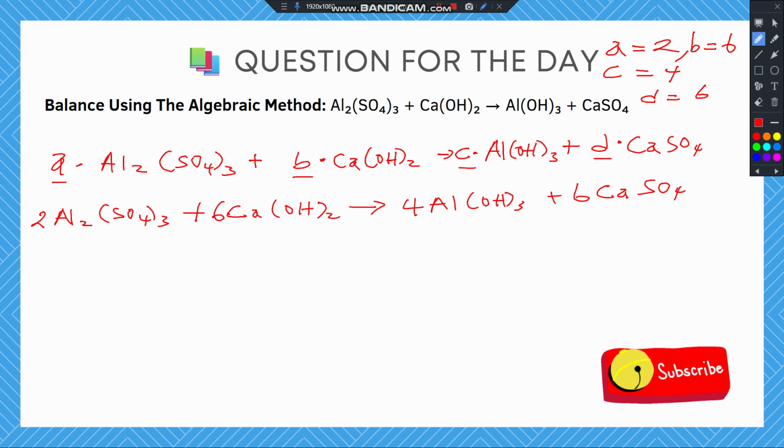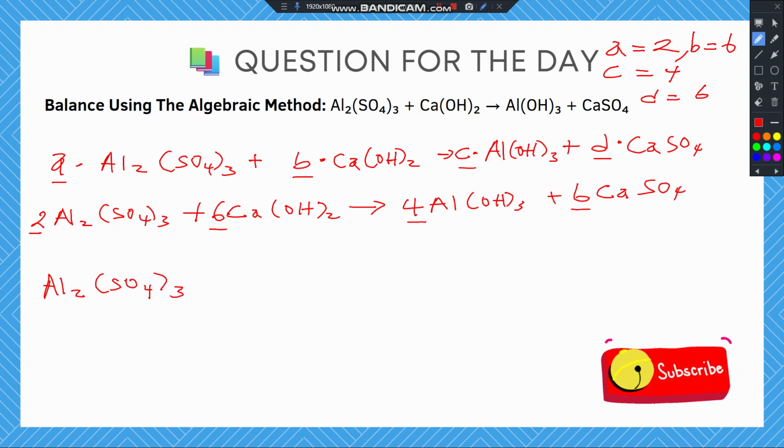But there's something I want you to take note of. All these coefficients are not in the lowest term. What I mean is, there is a number that can divide 2, that can divide 6, that can divide 4, and that can divide 6 as well. And that number is the number 2. So if we divide by 2 to have it in our lowest term, this now becomes Al2